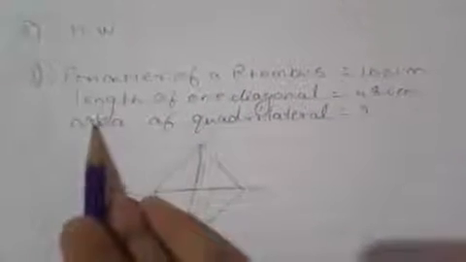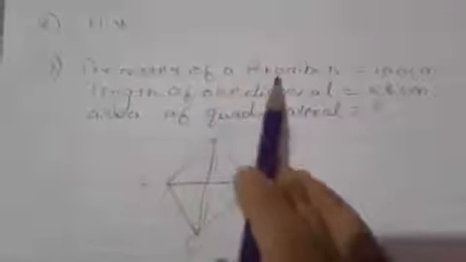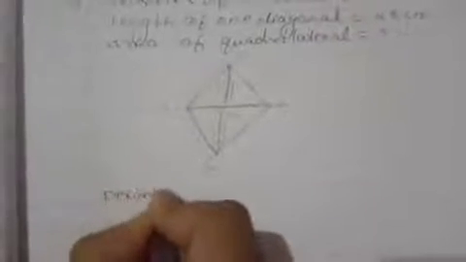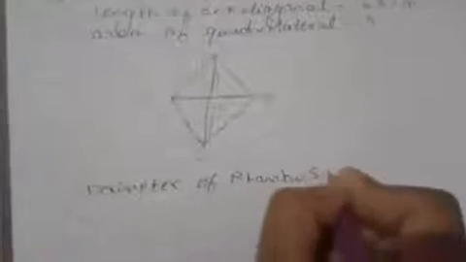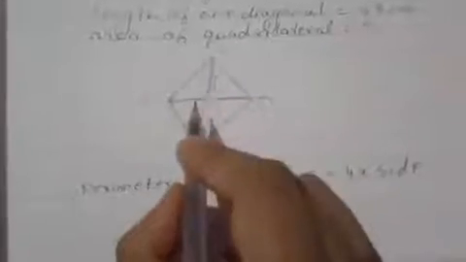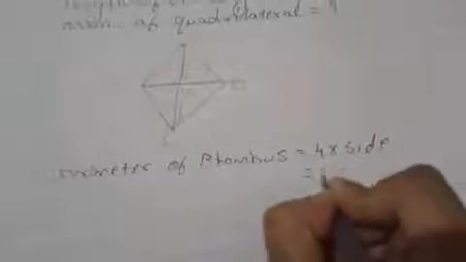Now what are they telling us? They are telling us the perimeter of the rhombus is 100 centimeter, and they are asking us the area of the quadrilateral. First of all, perimeter is given. That's why we will first write the formula for the perimeter of a rhombus. What is the perimeter of a rhombus formula? As I told you before, it is 4 into side. Any one side will do. So here I will take AB. So 4 into length of AB.